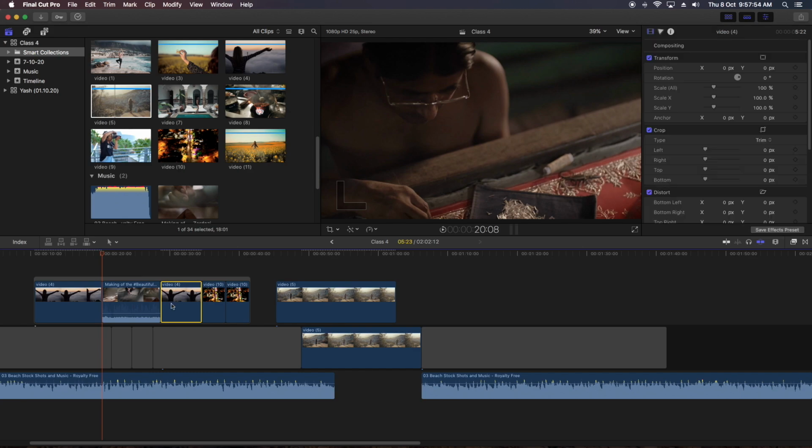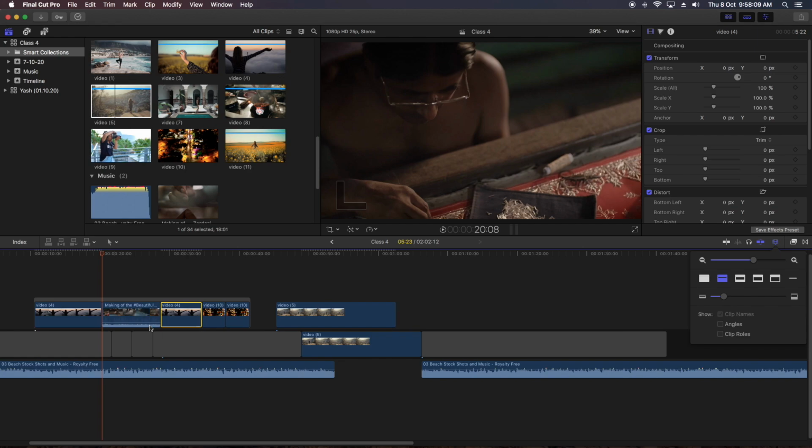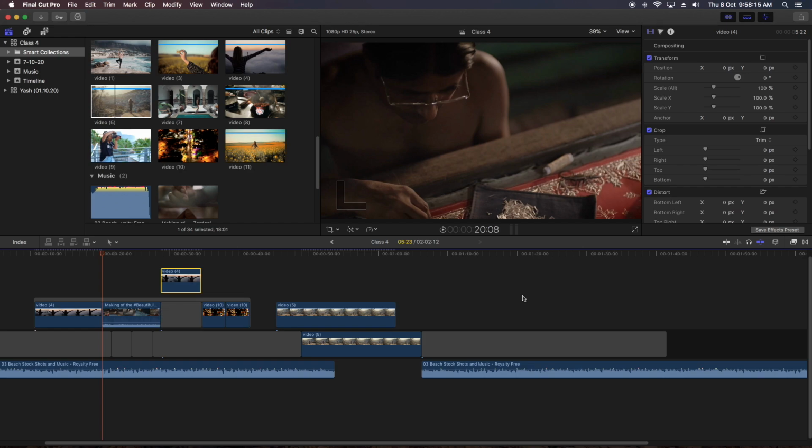Or if I have to move this clip out of this storyline, how can I do it? I have to move this clip out of this storyline. Command Option Up arrow. Exactly. As this is also a storyline, the same way we are doing here is the way we have to do this. Okay.